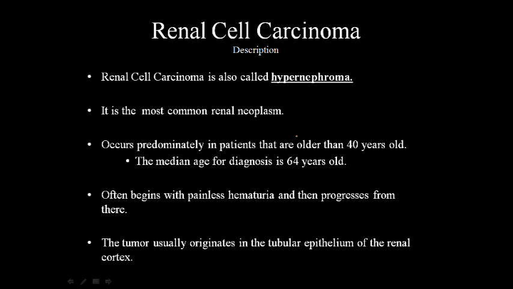So that brings us to one of the scary things that someone can see from a CT standpoint, and that is renal cell carcinoma. Renal cell carcinoma is also called hypernephroma. So something to keep in mind. And it's the most common renal neoplasm. It's the most common, and it can be very, very nasty in its disease progression. The thing to keep in mind here, and put a star by it,